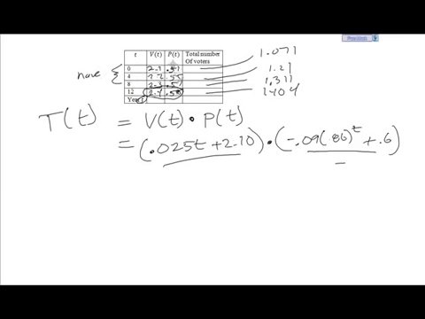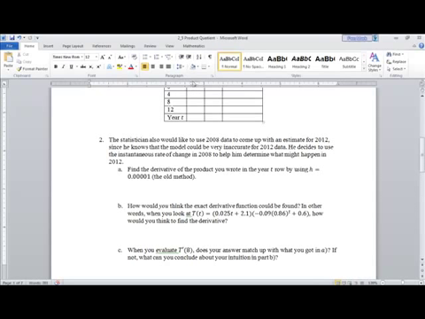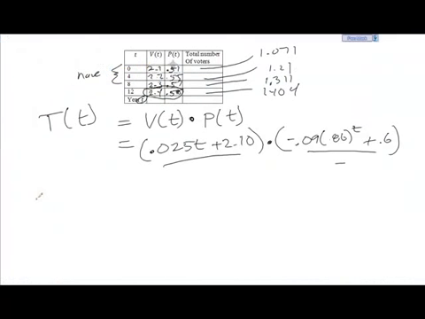We don't know what's going to happen in the 2012 election. So rather than just say, hey, let's just use a bunch of equations that are only locally useful, we're going to try to use the rate of change in 2008 to help us predict what might happen in the future based on what's happening in 2008. So we want to find the derivative of the product in the year t row by using h equals 0.0001. In other words, we want to estimate the instantaneous rate of change